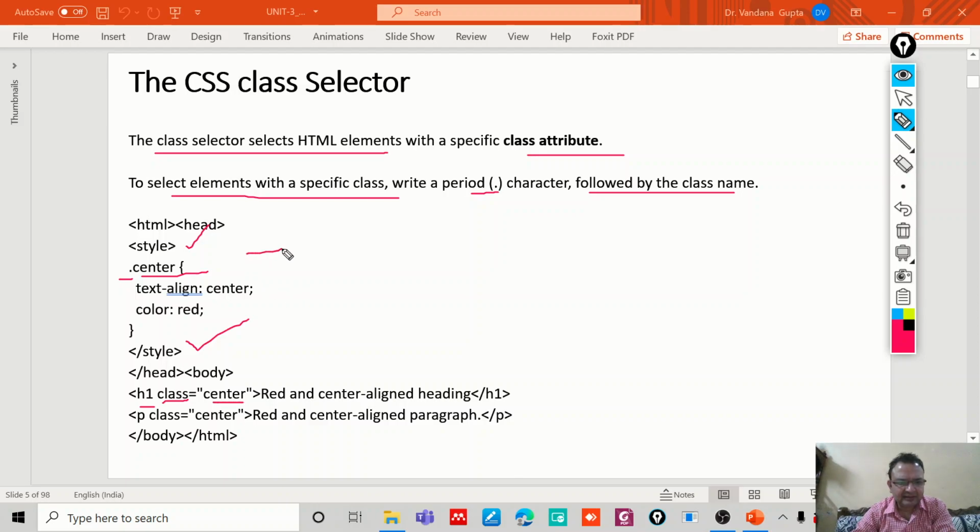So this style will be applicable where my class is used. The H1 and paragraph tag, both texts will be red and center aligned, because the same class has been assigned to the H1 element and the paragraph element. So you can assign the same class to different HTML elements. But the ID has to be unique for each and every HTML element.